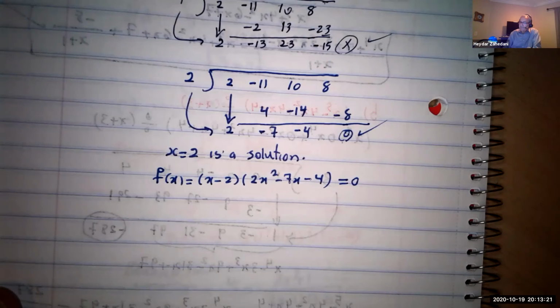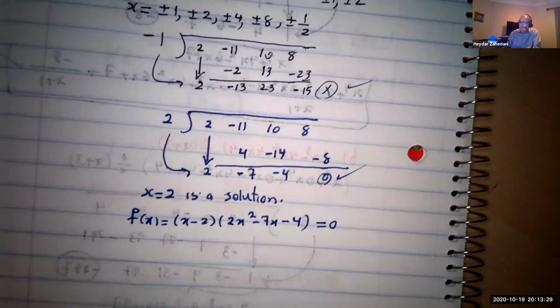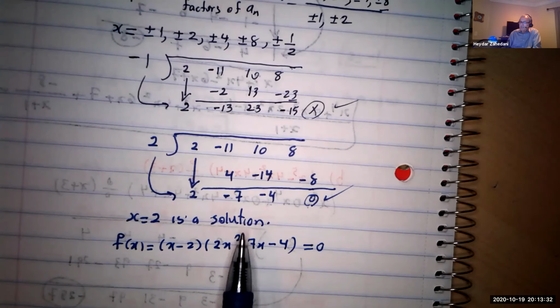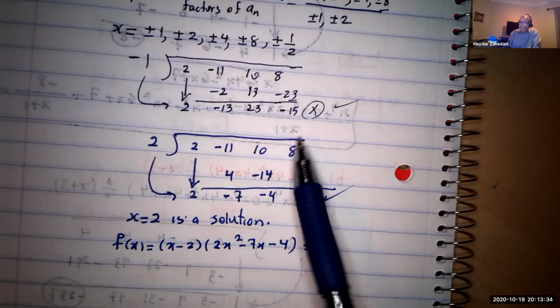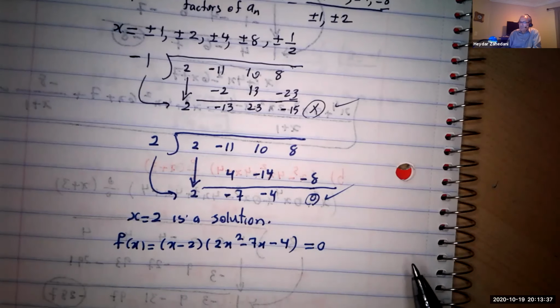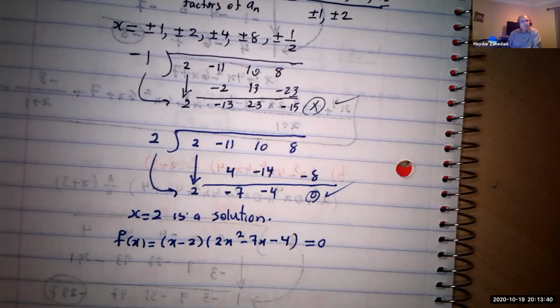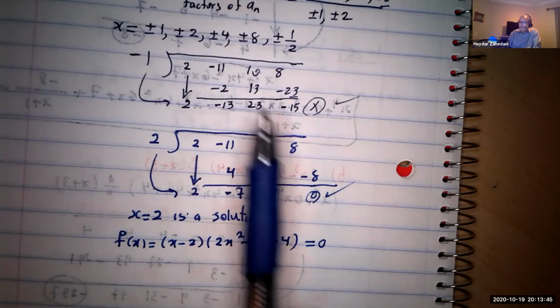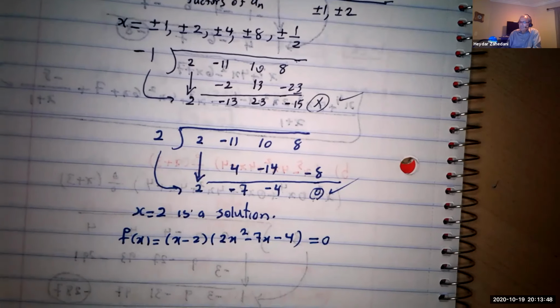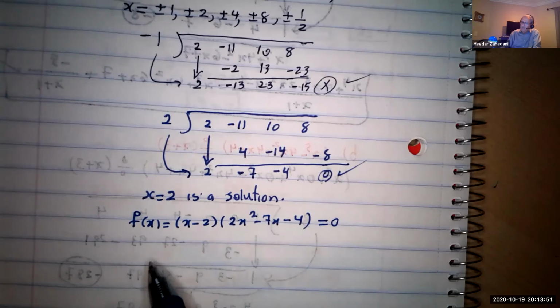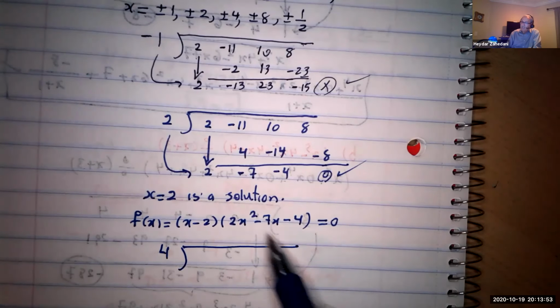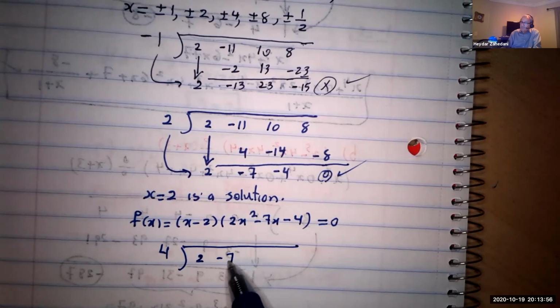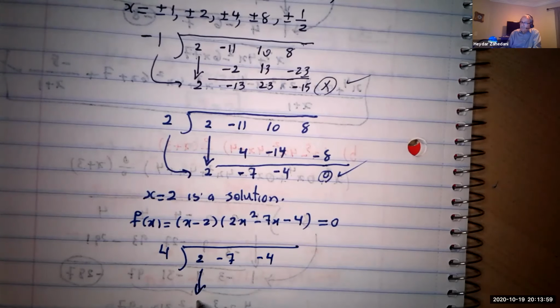It doesn't matter. Any questions? Can you still use substitution for that? Yes. Do you want to use it? Yes, we can try. If you use the substitution, you have to use those leftovers. So we can try 4 to see if this is going to be the case. If you want to try 4, you already got these numbers: 2, negative 7, and negative 4. If you bring the 2 down,